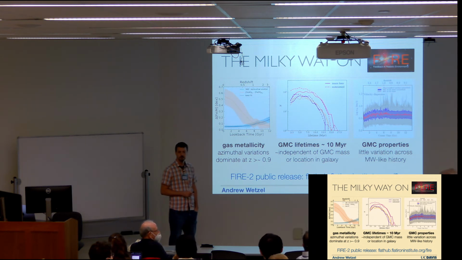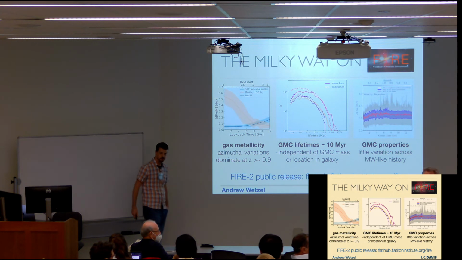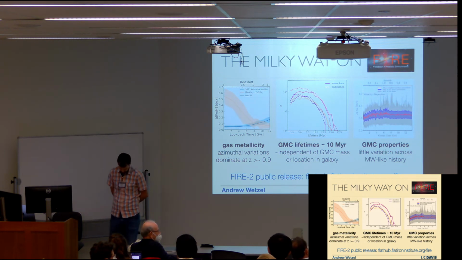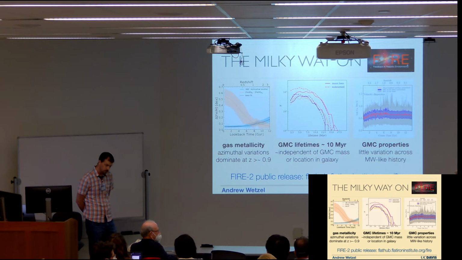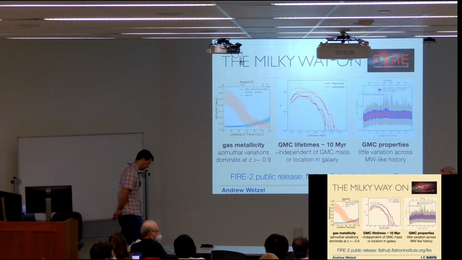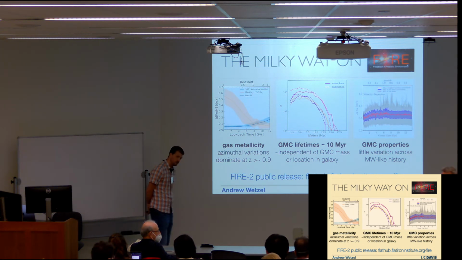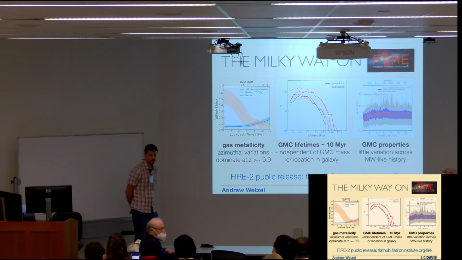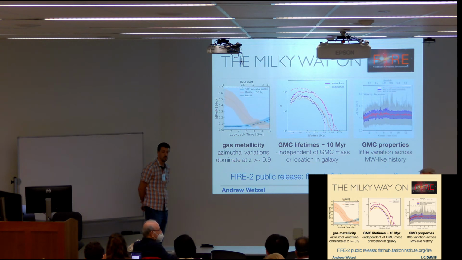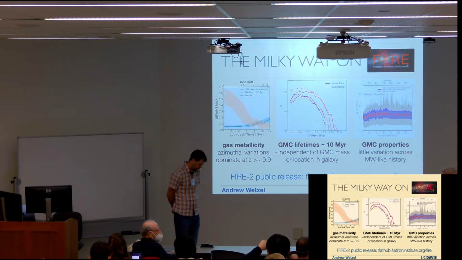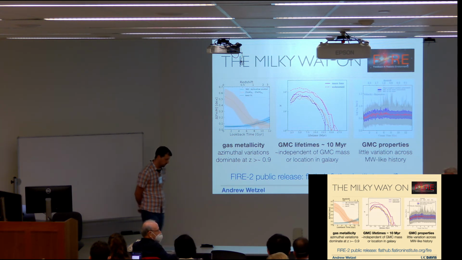So you mentioned that at redshift higher than 1-ish, the azimuthal gradient dominates, right? I wonder if that's simply because galaxies are irregular and not axisymmetric, or there's something else. That's part of it. Star formation is not axisymmetric for sure. Could it be related to filamentary accretion, so you're actually sampling different regions: in the filament, out of the filament, in the disk? I think that probably plays a role, yeah. I mean, we didn't look at that in any more detail.